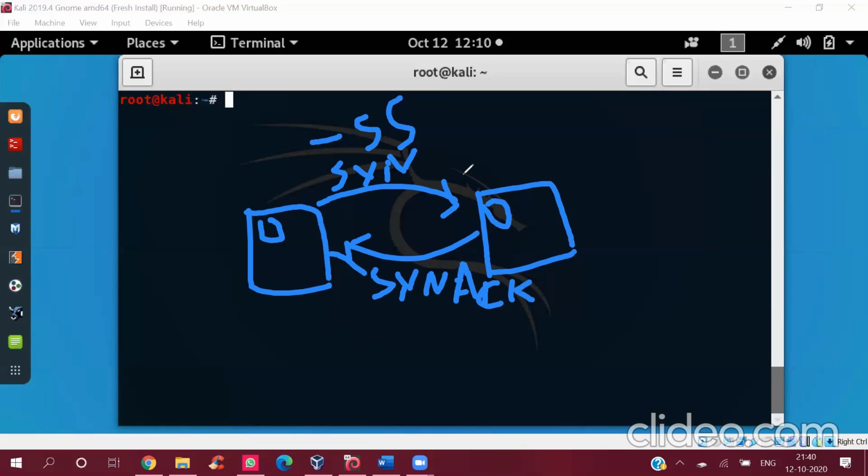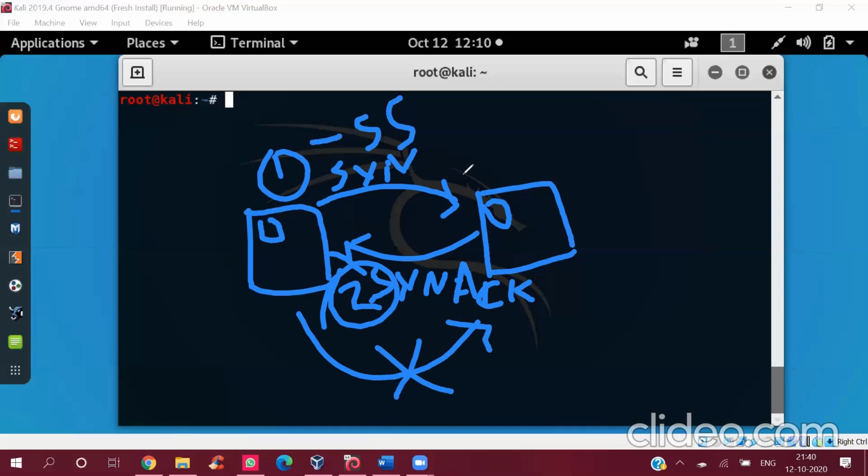So these are the first and second steps, but our PC will not send the last step, the acknowledgement. In TCP communication you have to complete the three-way handshake to establish a connection.